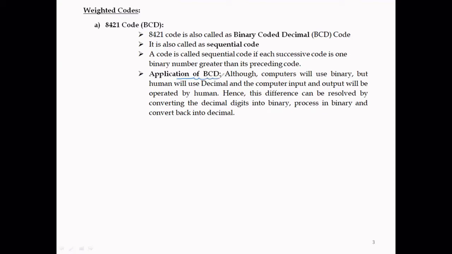Application of BCD. Generally we give decimal numbers as input to the computer, and inside it is converted to binary information, the processing is done, and then it is converted back to decimal so that we can understand.